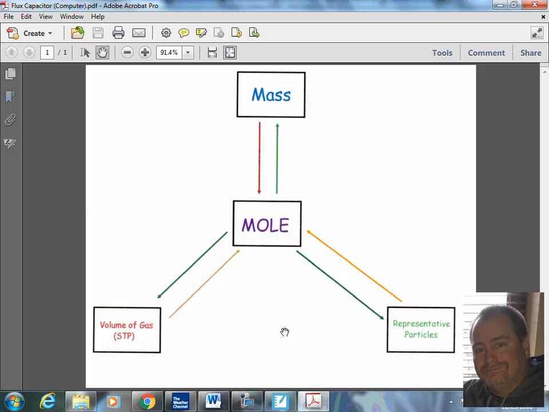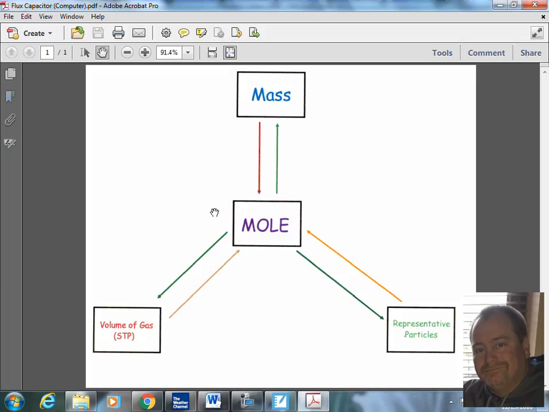Flux capacitor that's firing up here on the smart board, we have dealt with this wing right here. We've dealt with this wing right here. So today, we're going to deal with the third and final branch of my flux capacitor, which is the volume of a gas. And in parentheses, it says